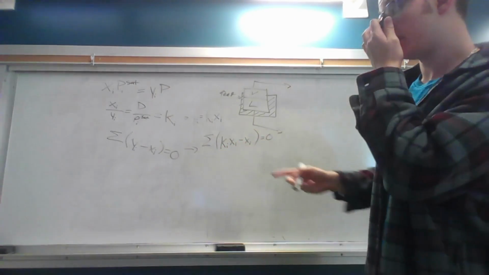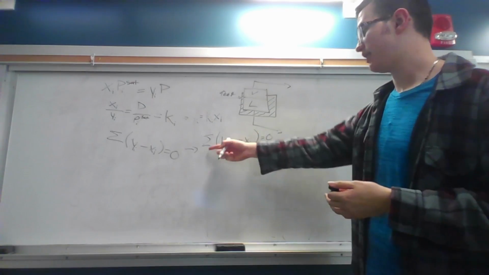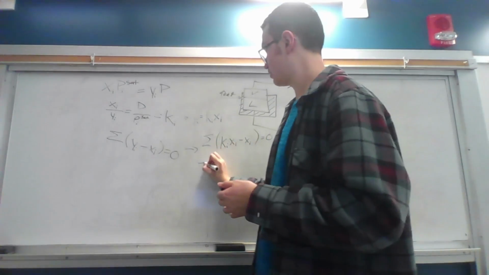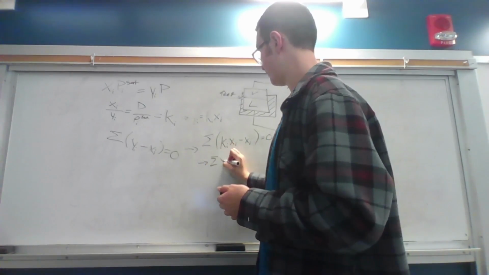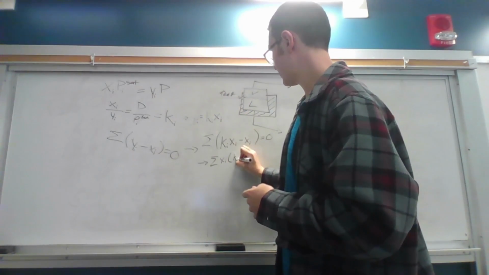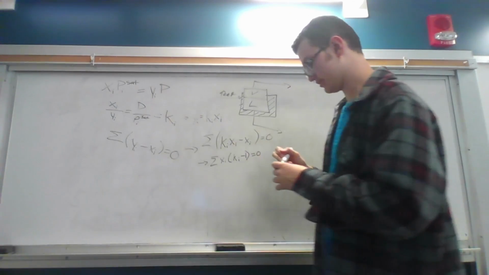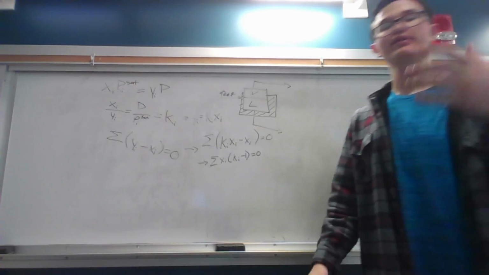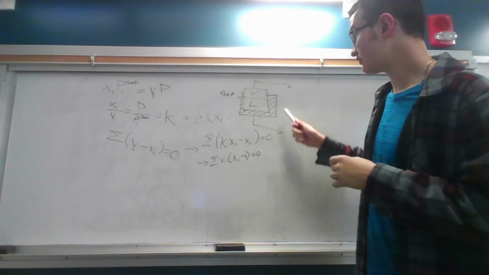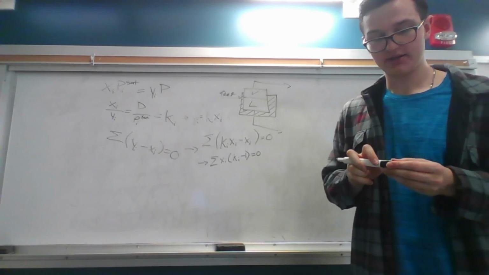So if we substitute Ki multiplied by xi minus xi is equal to 0, then we can factor this out. It goes to the sum of xi, the liquid mole fraction, multiplied by Ki minus 1 is equal to 0. Now, why does that matter? Well, it doesn't right now. But if we take a little bit of common sense and write a little equation out,